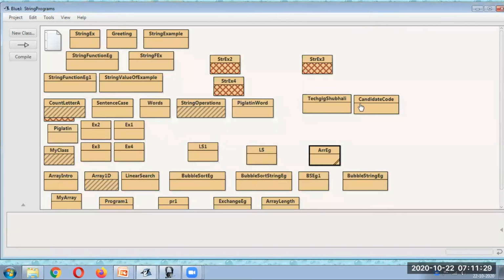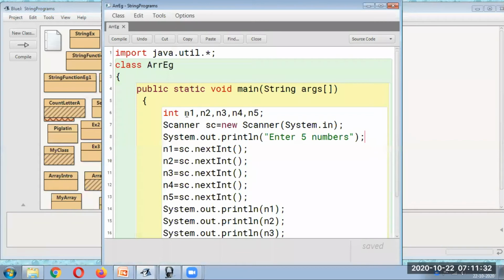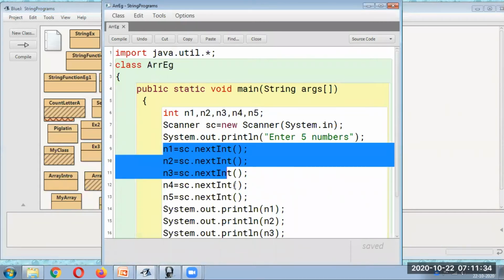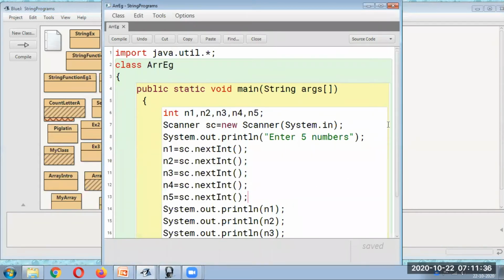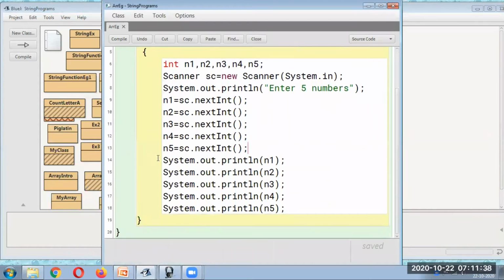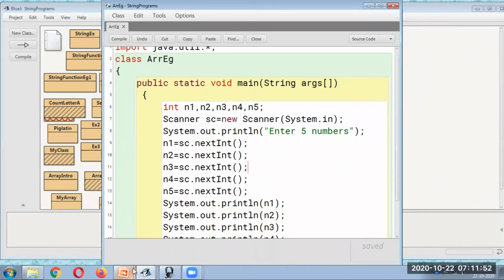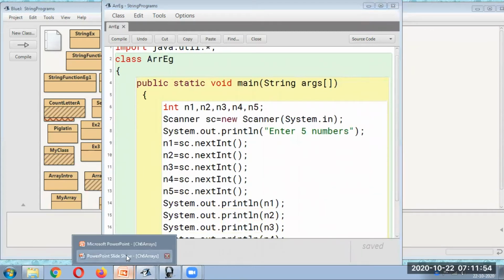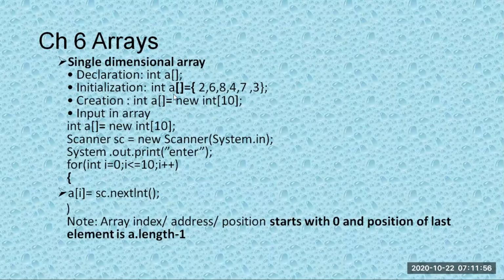But what is the problem over here? The problem is you need to declare 5 variables, then accept 5 times, and in the same way display it 5 times on the screen. If it is 5 numbers, it is okay. But if it comes to 100 numbers, it will become very difficult. So now we will change the same program into an array. How do I declare an array? If it's an integer array, let us understand the syntax first. This is the declaration: you write integer, whatever the array name, and then the square brackets.